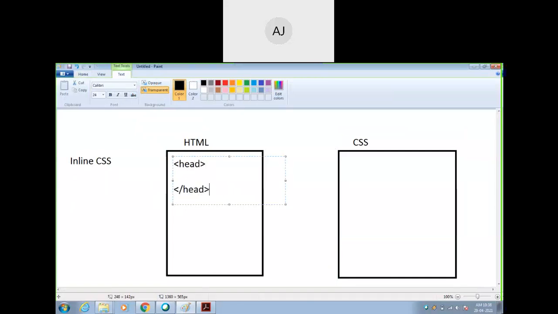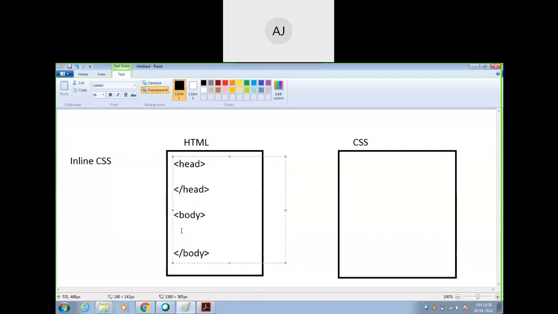And one more is the body section, body open and then body close. These are the two major parts in the HTML. So inline CSS means you are writing the CSS in the same line within the body section. Please remember, inline CSS is: you are writing the CSS code within the body and within the same line.